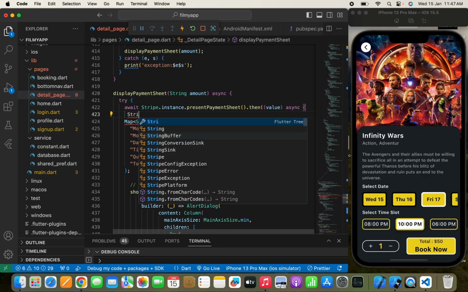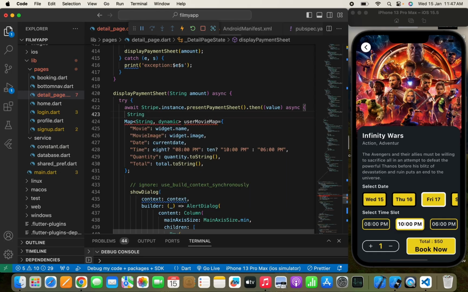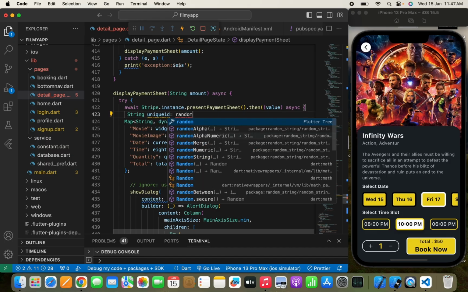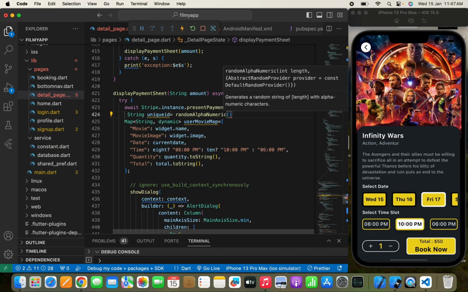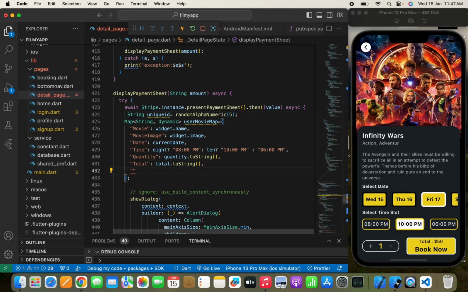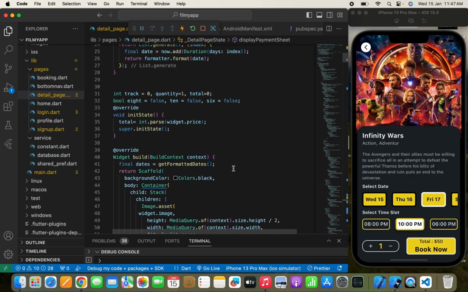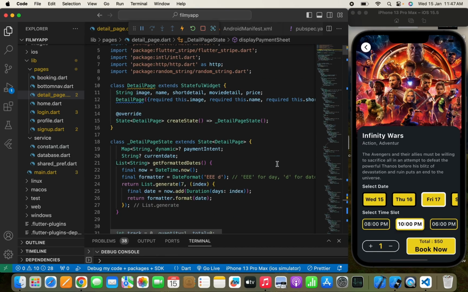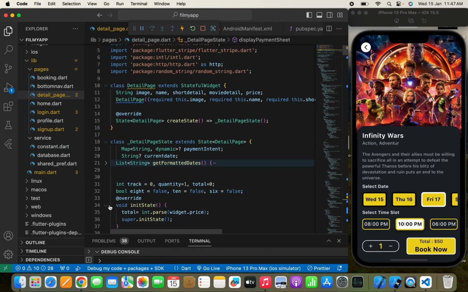Yeah, so that is the thing that I'm going to do. For that I'll create a string, and here I will write a unique ID. I'll write random alphanumeric and pass characters up to 5. Here I'm going to pass this, and we'll write QR ID, something like this, and we'll pass our unique ID. Now once we have done this and written everything that we need to show in our booking page, here comes the use of the main thing that I told you about, which is